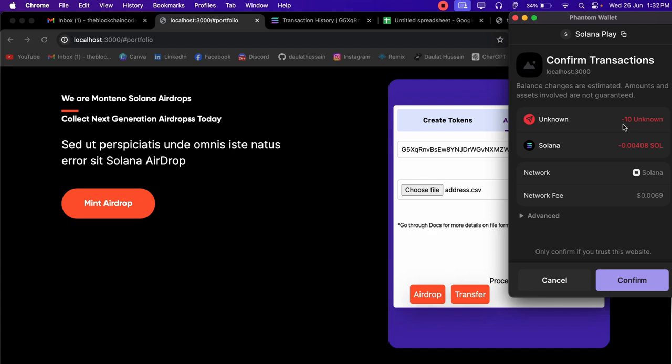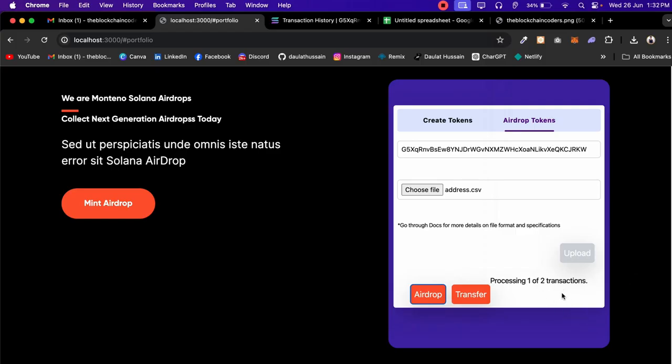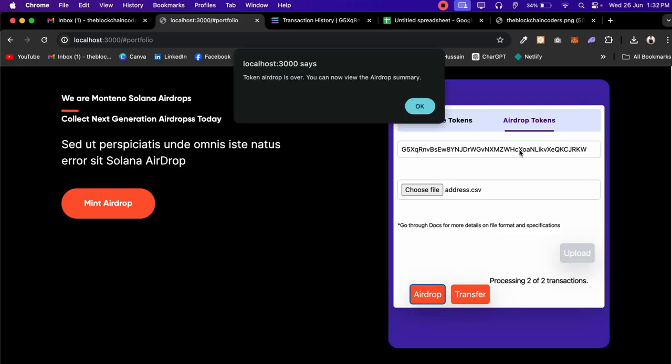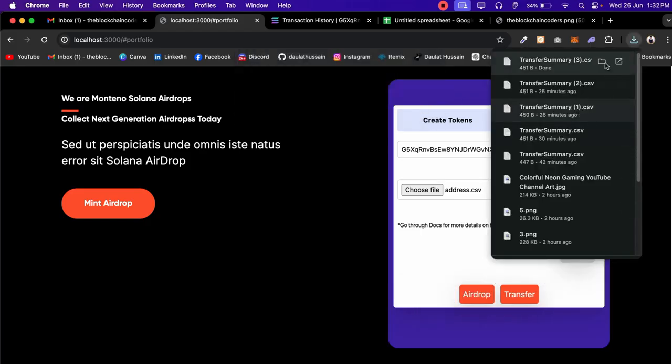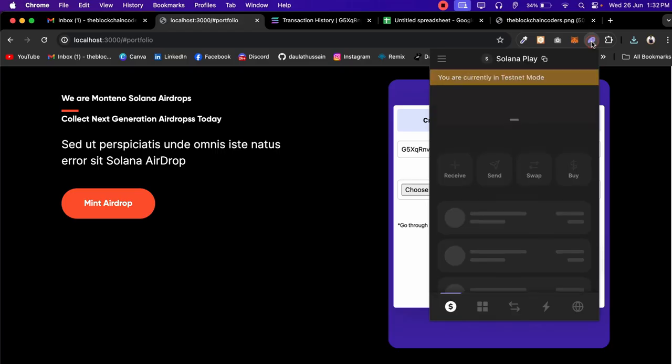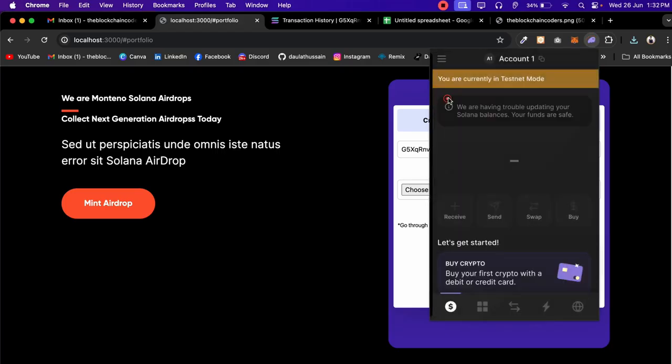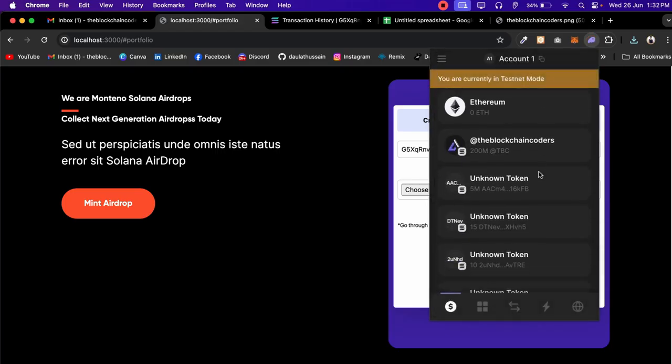The total number of tokens we are transferring is 10, and each account will get 5 tokens. So click on confirm and the transaction will take place, and once the transaction completes, you can simply download the CSV file and confirm we have done the transaction successfully. If I want to check, I can simply go to my Phantom wallet, to my first account, and you can see the token is successfully received here,